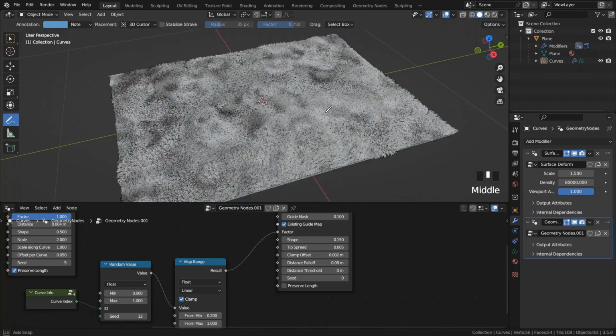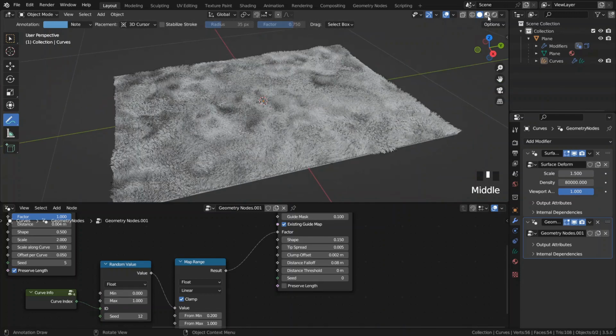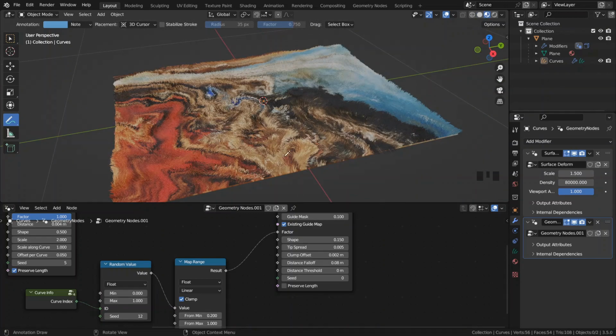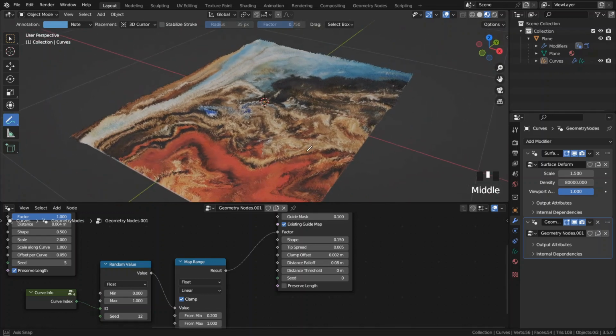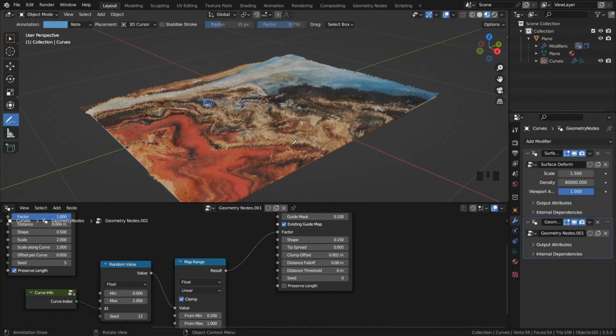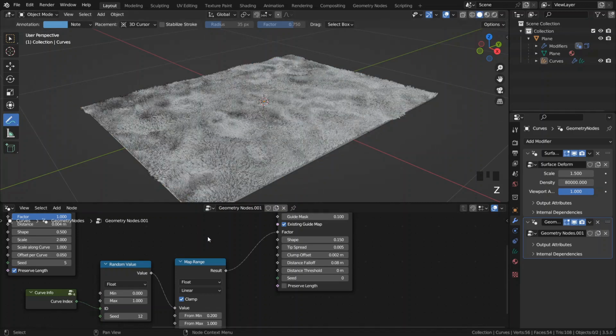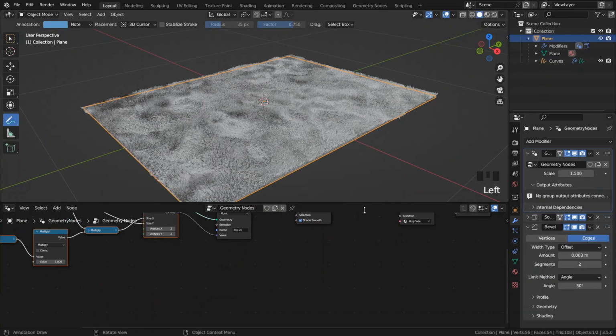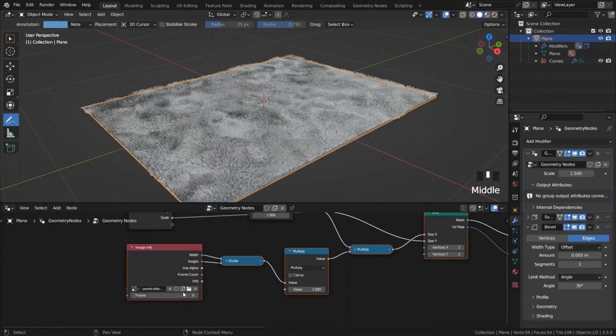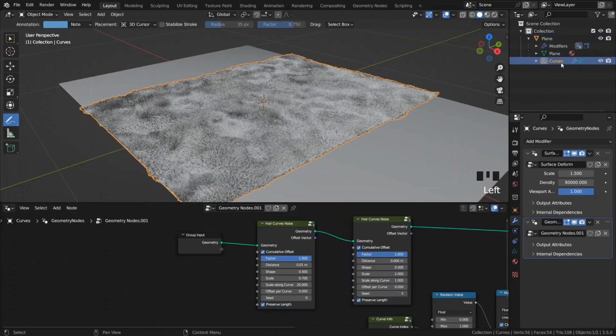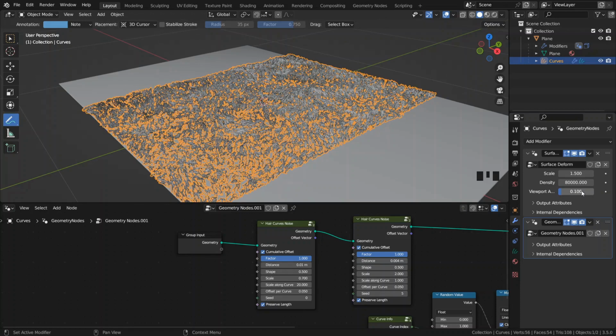Okay, in here let me increase the density to 80,000. Now this is my rug, you can see, let me check. Okay, in here we have our procedural rug, and I can go and simply change the picture. Let me show you. Going to the plane, open new picture, this one, and also going to the curves. Let me reduce this density to have a better performance. Set this to 0.1,